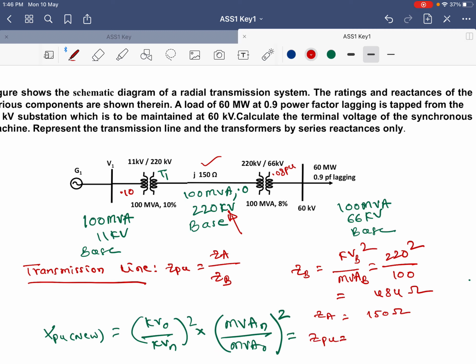Z actual is already given as 150 ohm. Therefore, Z per unit is equal to 150 divided by 484. Therefore, you are getting the per unit value as 0.3099 per unit, the new per unit value of the transmission line. So 0.3099 is the reactance of the transmission line. Next we will move to the